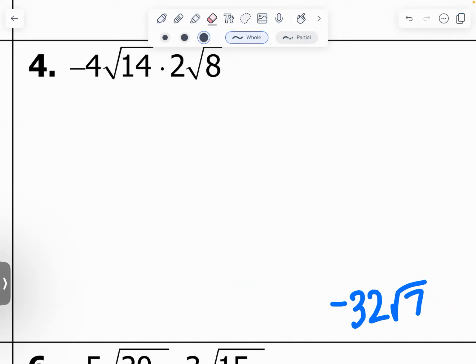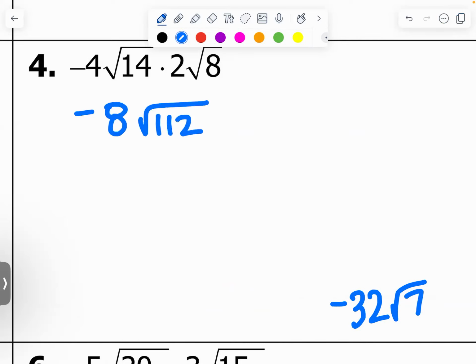Okay, so let's talk through this. Yes, Brooks? Is there an easier way to figure out numbers? If I had 112 under there, is there an easy way to know? Okay, so you're saying that you had -8 square root of 112, right? If you didn't want to figure out the biggest perfect square, I know that this is